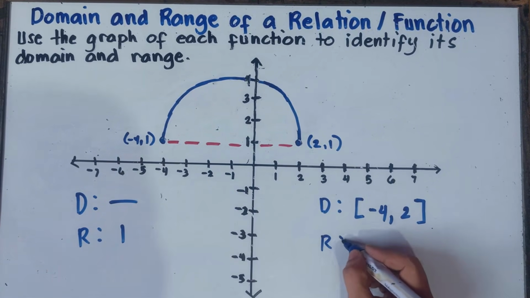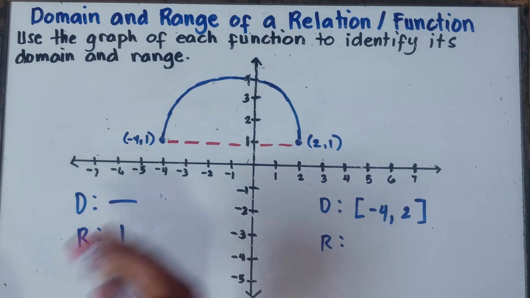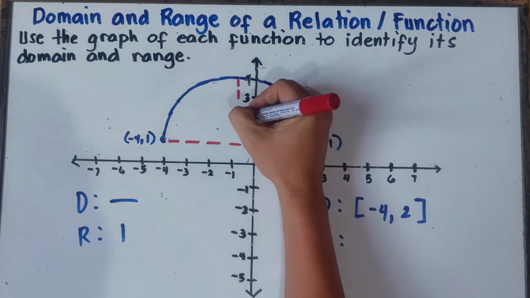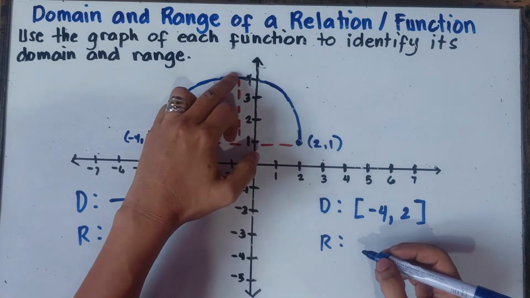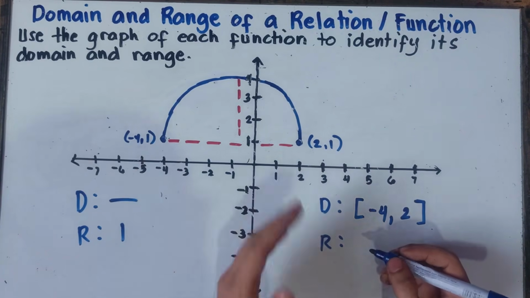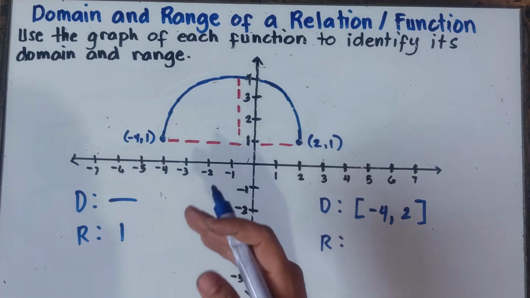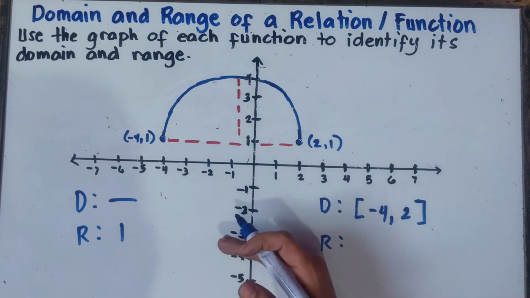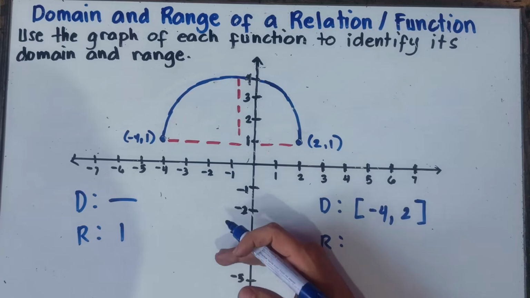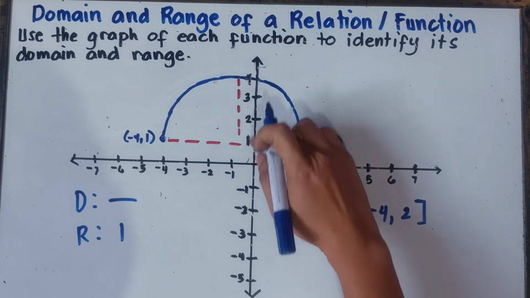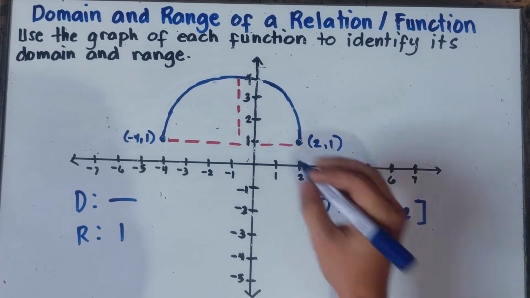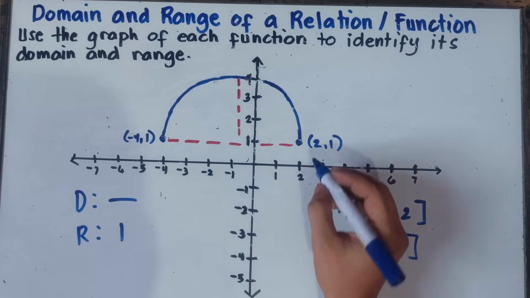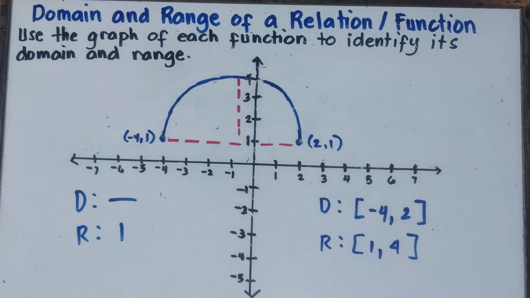And then for the range, there would be this one right here, the vertical distance. Alright, so therefore, the range, that would be from positive 1 going to positive 4. Once again, it's always left to right. Now, this one right here, vertical distance, it's always left to right. Your left, class, will be downwards, and then your right will be upwards. So 1 is left, and then 4 is right. So that would be from positive 1 going to positive 4. Always use a bracket because you have a closed circle. That's it, class. That's the answer, class, with regards to example number 2.